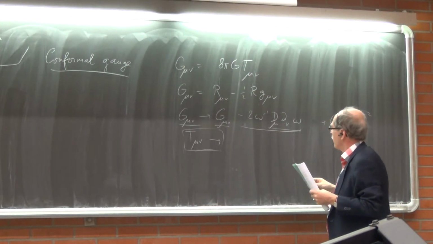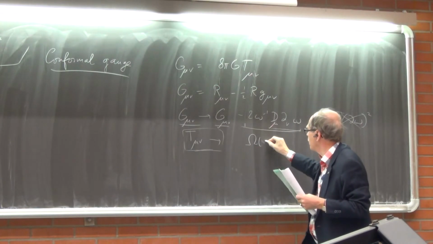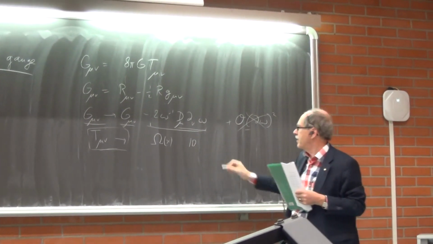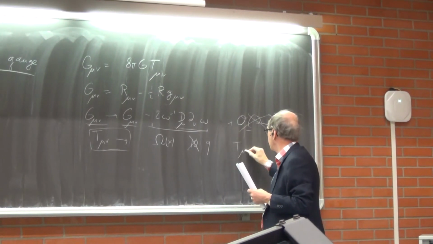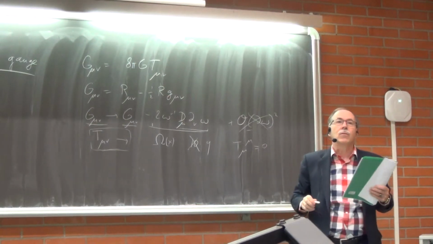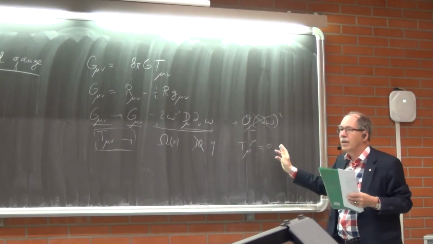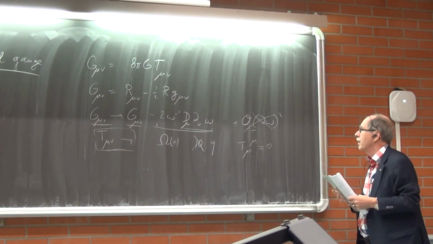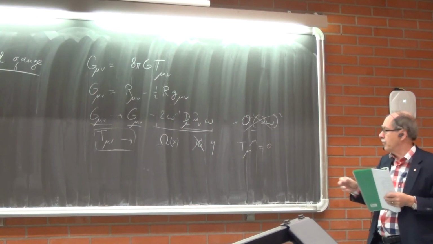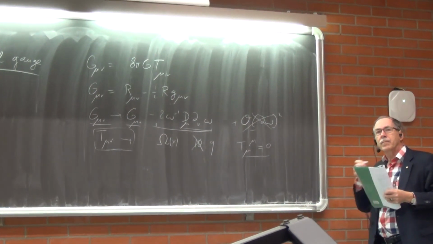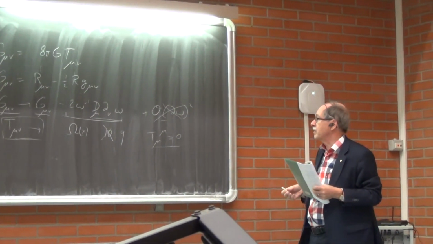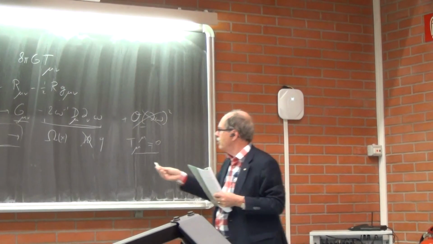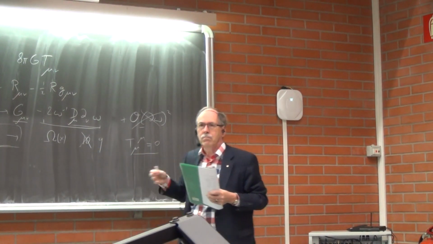And the problem, however, is that I have only one function omega of x that I should fix with the gauge choice, but I have 10 components of T mu nu. Well, in the conformal theory, it's actually not 10, but 9. And that is because the trace of T mu nu will always remain 0, and that's because in conformal symmetry, the trace is precisely telling you what happens under the conformal transformation. If your theory is conformally invariant, the trace of the energy-momentum tensor vanishes. So, for instance, for the Maxwell field, if you compute the trace of the energy-momentum tensor, it vanishes. So, what I can do now is, okay, I can only look at one component of T mu nu and force that component to